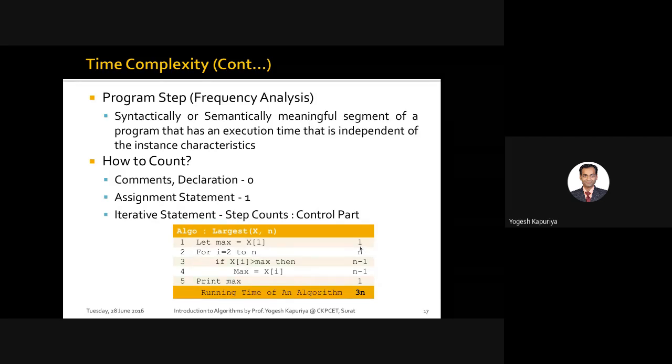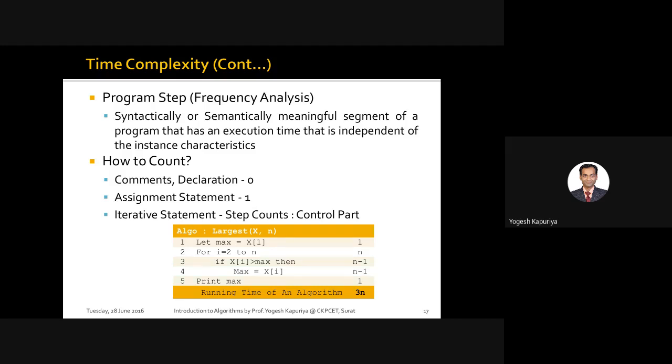The reason for that is every for loop or every while loop will execute one more time than actual iteration. I should not say the loop will execute, but the terminating condition statement will be executed one more time, because it will come out of the loop when your condition becomes false. But you have to check even for that false condition, the conditional checking part has to verify that false condition.